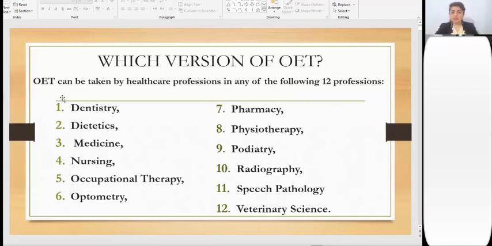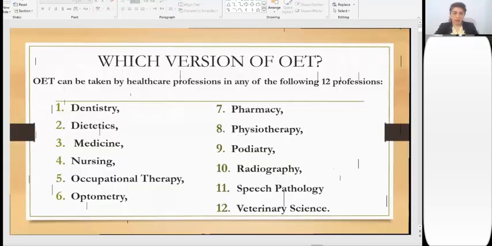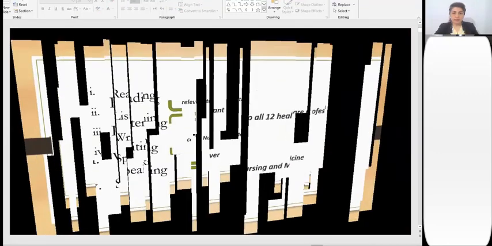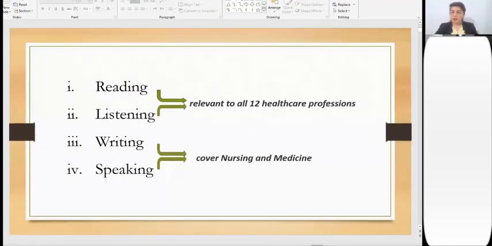So OET can be taken by healthcare professionals in any of the following 12 professions. But among all these, we will concentrate on the third one, I mean medicine. Okay? Now,